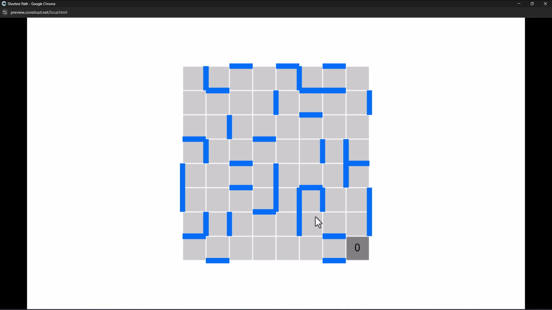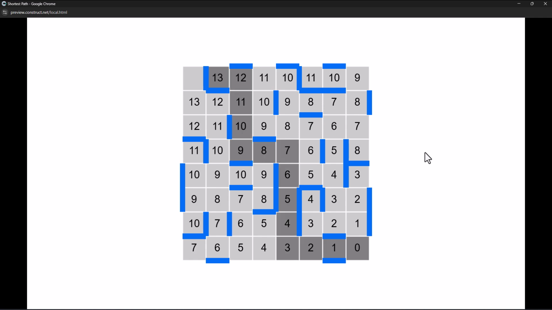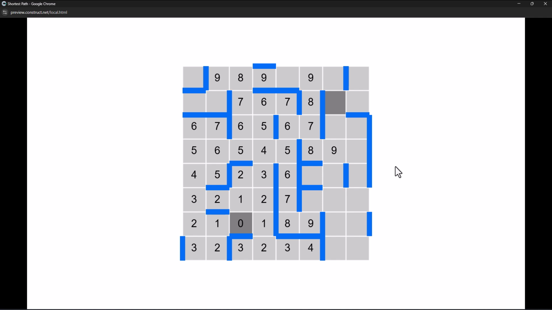Hey everyone, today I'm using breadth first search or BFS for pathfinding. BFS is a simple and reliable algorithm that finds the shortest path in a grid while avoiding obstacles. It works by starting at the initial position, expanding outward evenly, and checking all possible moves layer by layer until